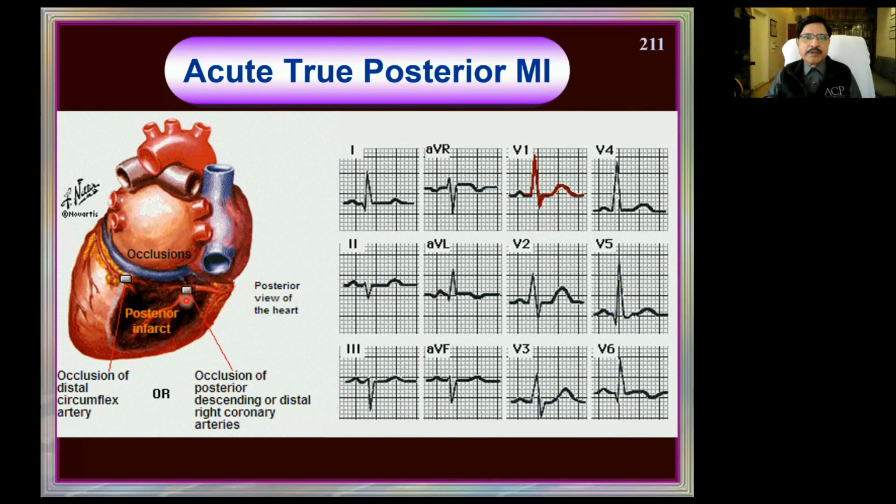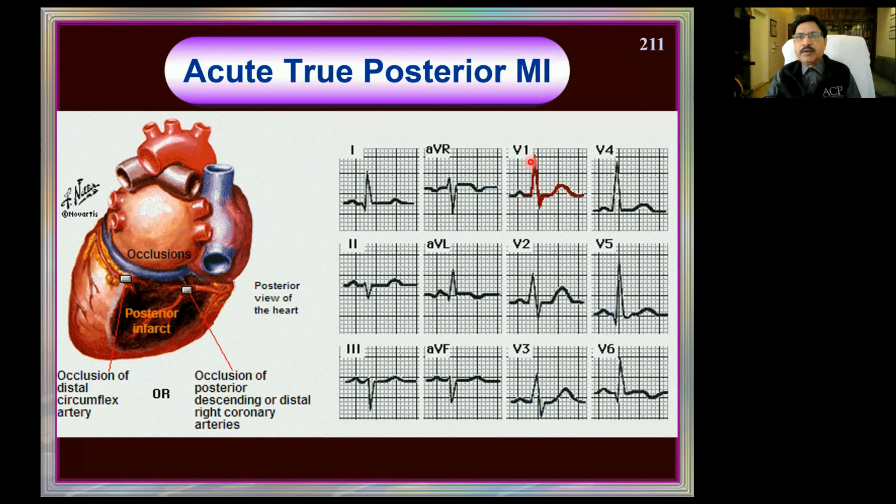What is the culprit vessel? The right half of the posterior surface is supplied by the right coronary, the left half by the left circumflex. Either of them could be the culprit vessel. And how does the patient present? The patient presents with interscapular pain. We have found several patients who had interscapular pain with acute features. Take the ECG: posterior infarction. This goes unnoticed unless you are careful.